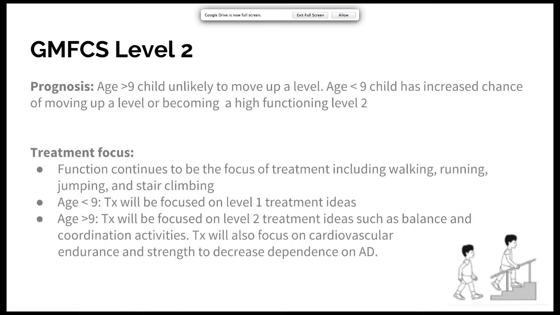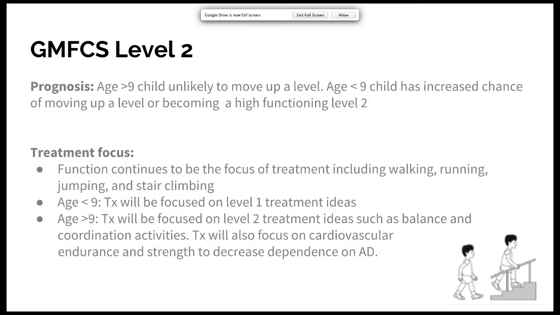So for GMFCS level 2 prognosis, it is going to be similar to GMFCS level 1. A child greater than the age of 9 will likely be set at the GMFCS level 2, but a child younger than the age of 9 will have an increasing chance of becoming a GMFCS level 1 or a high-functioning GMFCS level 2. So for our treatment focuses for GMFCS level 2, we will want to focus on balance, gait,